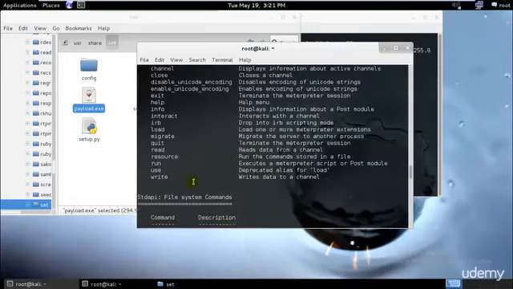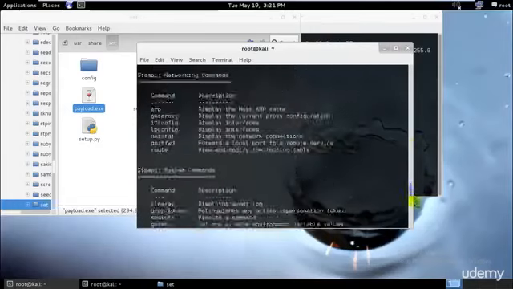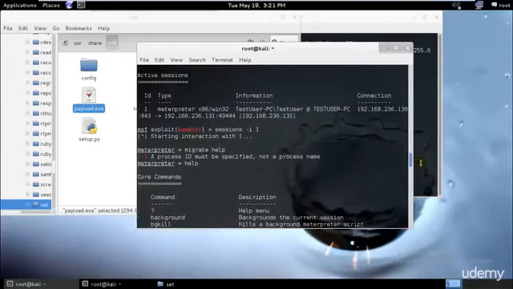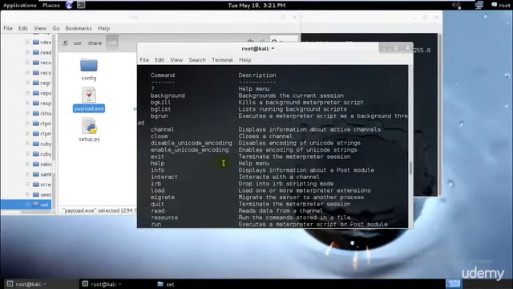So for that we would need to go ahead and migrate, and before we migrate we need to know which PID to migrate, which process to migrate to. So let's go ahead and check. It needs a process ID name to be specified. So we will first go ahead and check the process ID. That means we need to first get the process ID for our payload that's running so that we could go